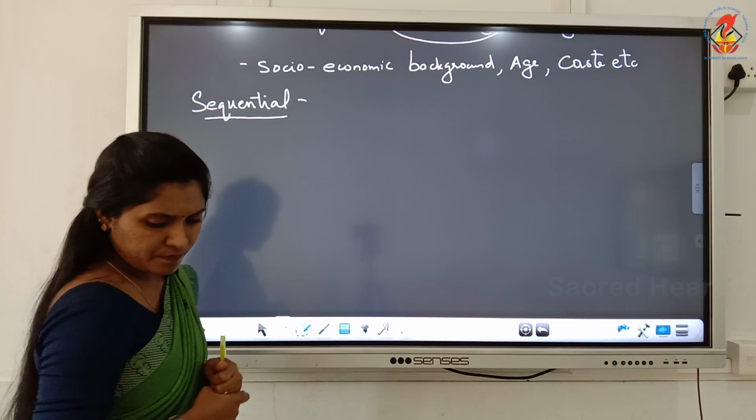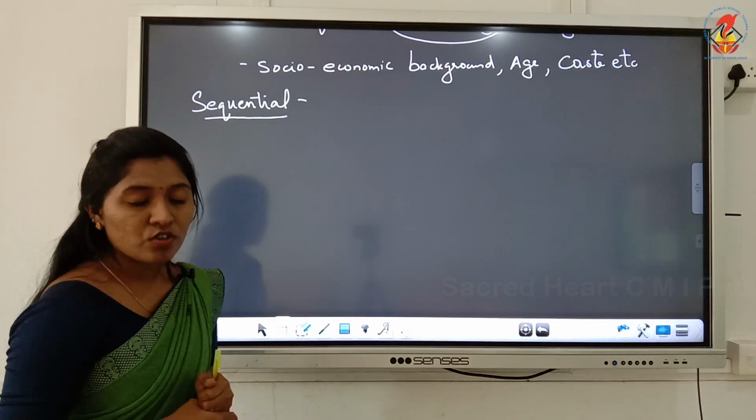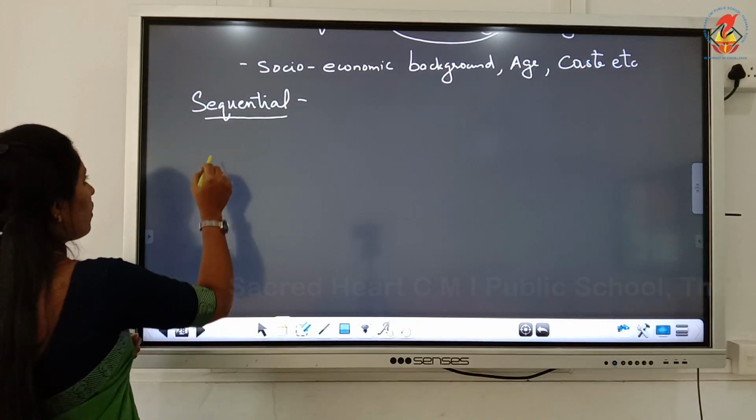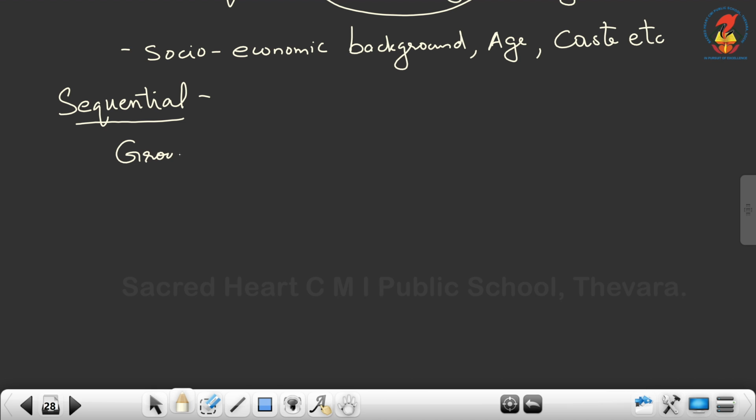So how can we control this? You can change the sequence of the tasks. Suppose two groups are there, group 1 and group 2.